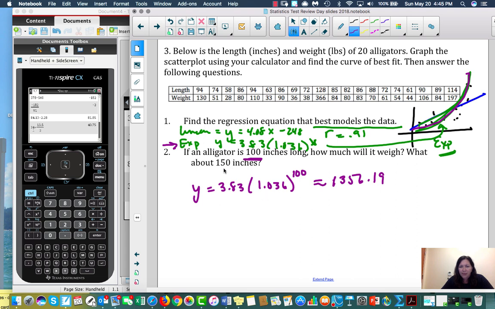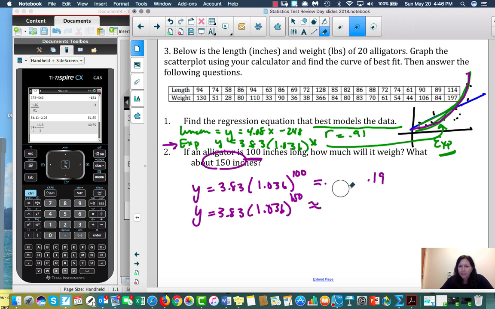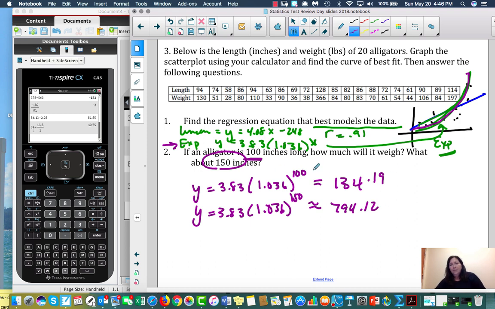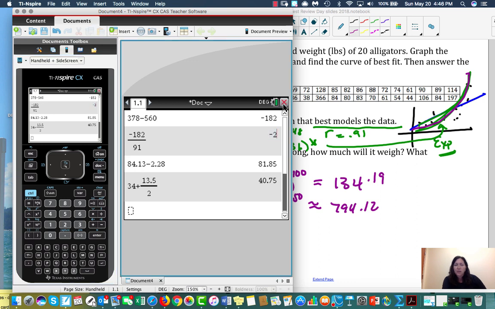And then I plug in the next value because it says, well, what about 150? So 3.83 times 1.036 to the 150 power. And so that's like, I think this is 134. Let me rewrite that. And this one, I think, says 794.1 something. Okay, so just to remind you how to do this again, it's going to your calculator